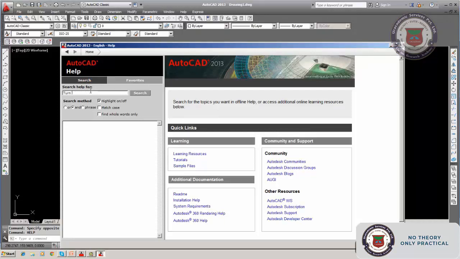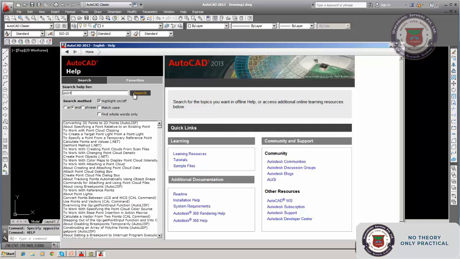Here you type what you want to know about. Suppose we want to know about point. You type point. It gives you various chapters on points. See, converting to 3D point, working with point cloud clipping, so many things it gives.